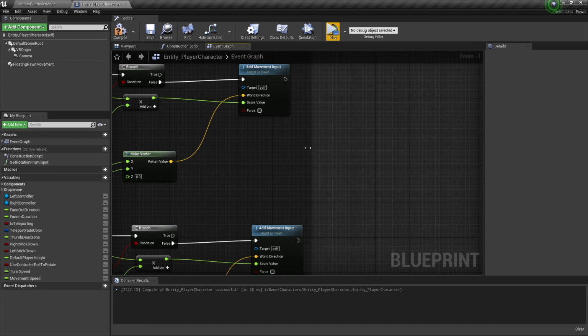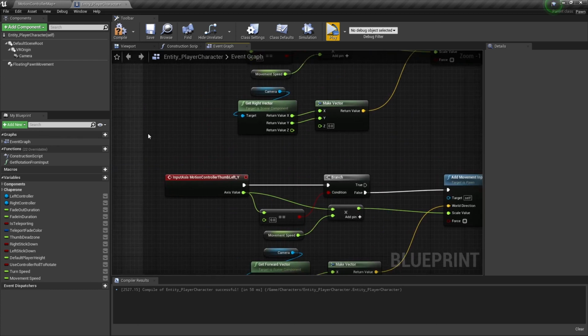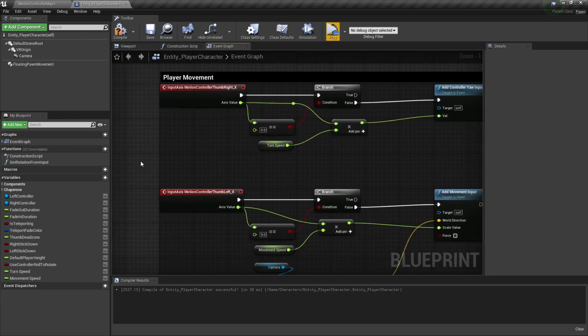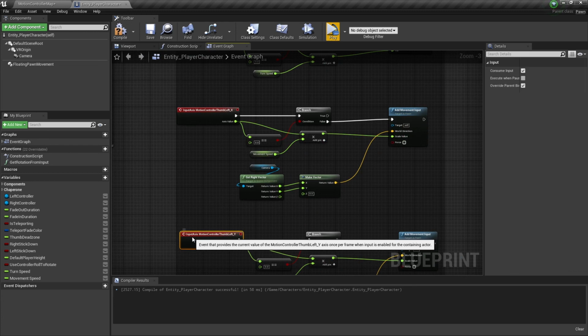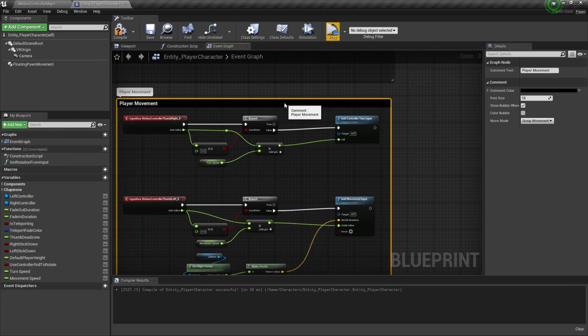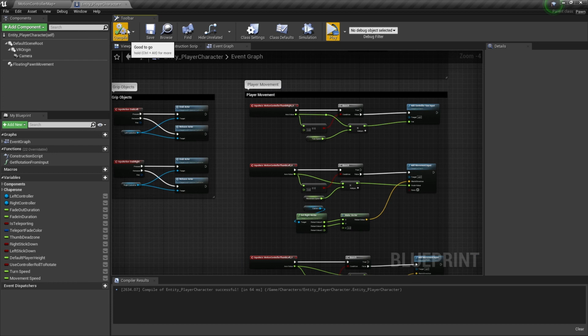And we can size this however needed. Ooh, is that one off? It is. There we go. Now if I compile this and go to run it,